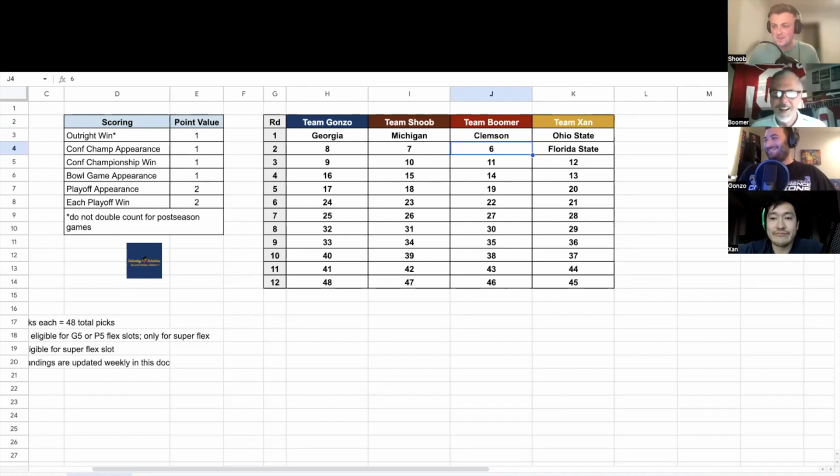So now I'm going to go a little bit. We're going to see. I'm going to go with Wisconsin. Why? Because they're in a weak division, and they've got a pretty weak schedule other than Ohio State. I think that's their only game that they're almost guaranteed to lose. So I'm going to go with the Badgers.